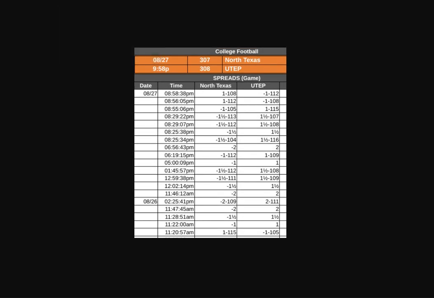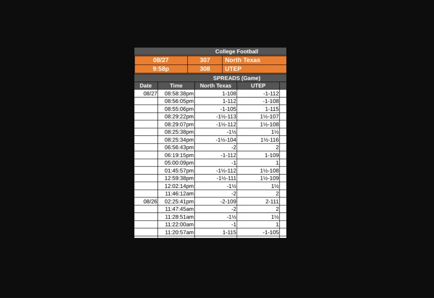All right, going on to the next one, North Texas, UTEP. I kind of like UTEP in this one. Line movement definitely favored them. It's an interesting game. So you can see here the day of, this line was at 2 UTEP. It kind of bounces here. Now it starts to go in favor of UTEP from 2 down to 1.5. And then we look right before kickoff here, it goes to 1, then finally to minus 1.5 in favor of